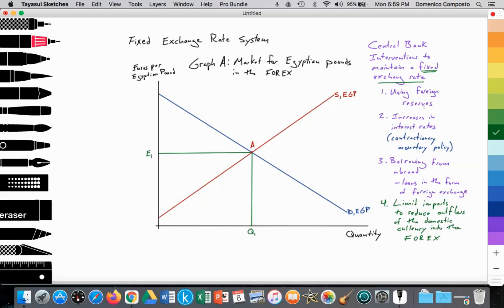previous video when we looked at Thailand and the Thai central bank pegging their currency to the US dollar and using their foreign reserves of perhaps dollars, selling those dollars into the exchange rate to demand Thai baht to prop up its value. So we've already used this example. Other methods could be if the currency is depreciating in the foreign exchange market and the central bank wants to revalue that currency or increase its value, they can increase interest rates within their country, basically engaging in contractionary monetary